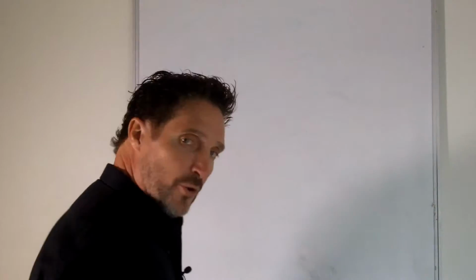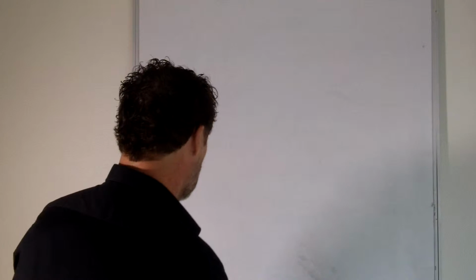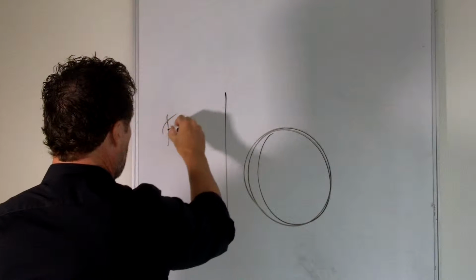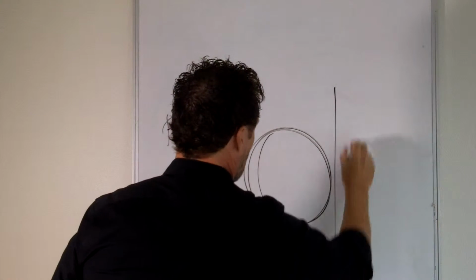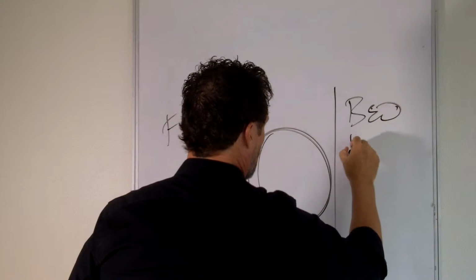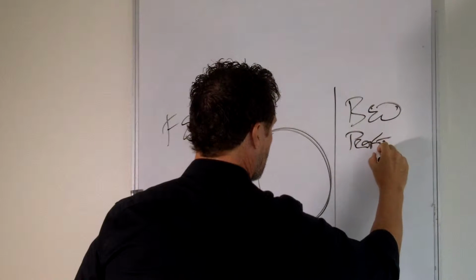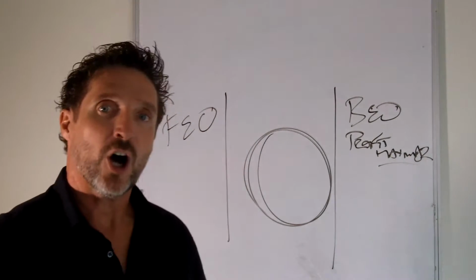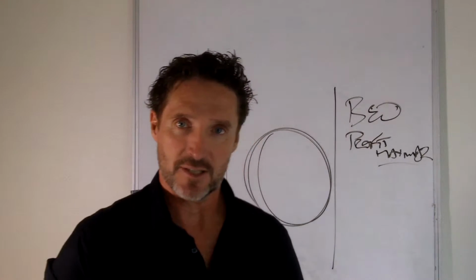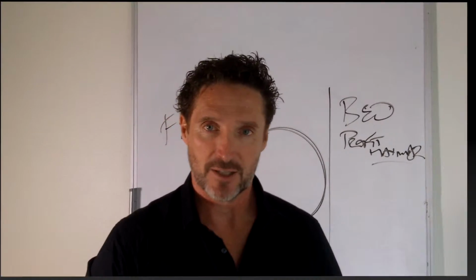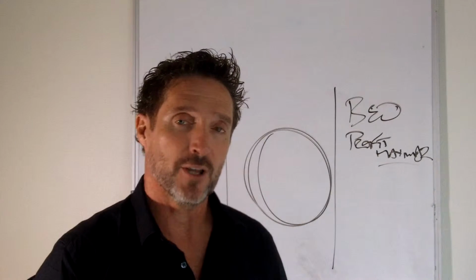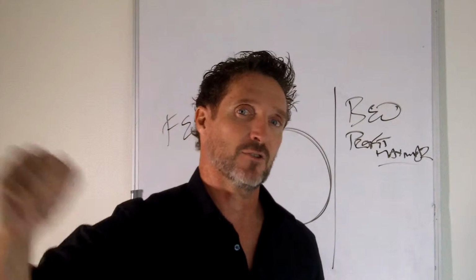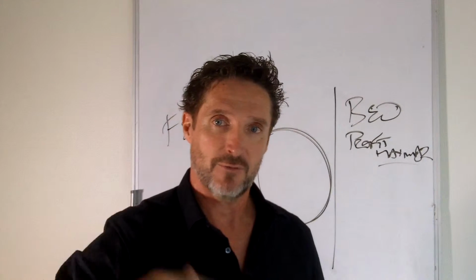So on previous videos I explained the importance of having an incubator or membership site, a front end offer and a back end offer, which is called a profit maximizer. Now there are a number of high ticket direct sale businesses in the marketplace in various niche markets. And by high ticket, I would define that as companies that go from a price point somewhere around, say, $2,500 up to $50,000 and everywhere in between.